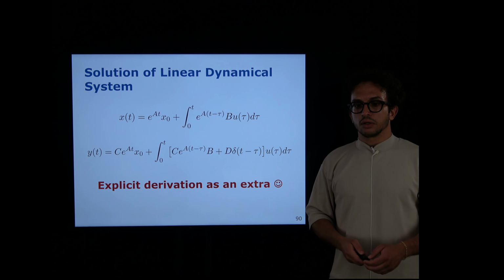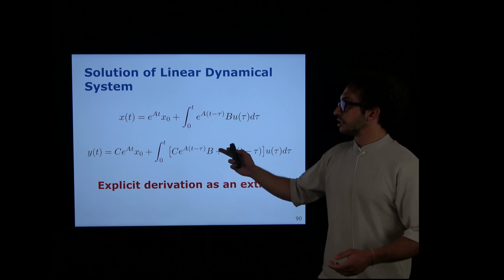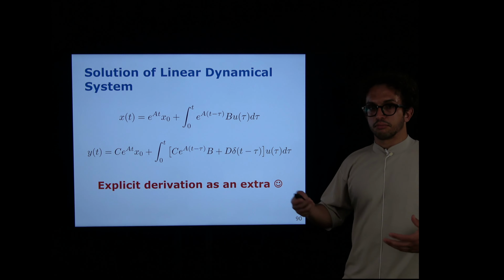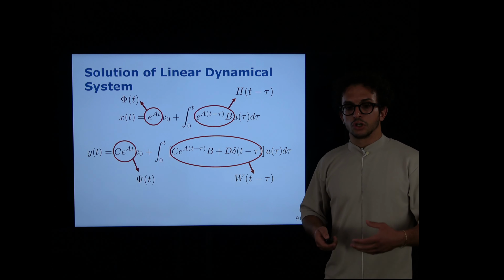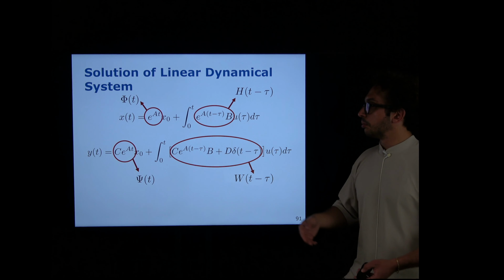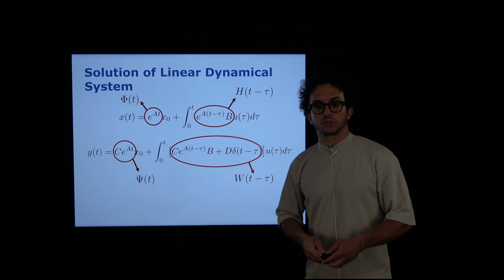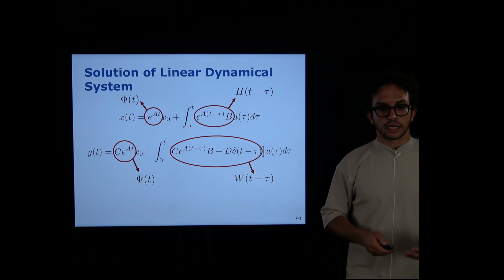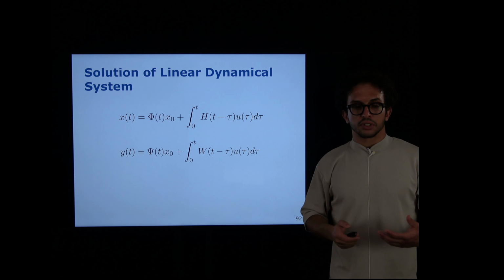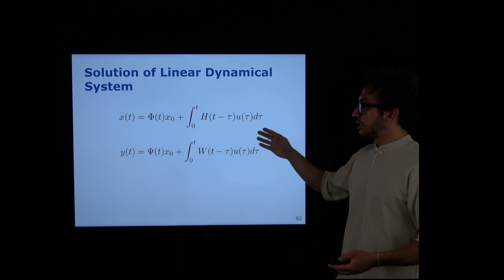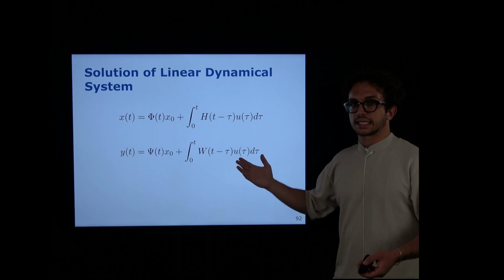And then we have that all these terms here are exponentials of matrices and products of matrices. Usually we give them names because it's easier, they're kind of important quantities in control theory. So we call them with some names to end up with something that looks like this. So this is the explicit solution for x and y,